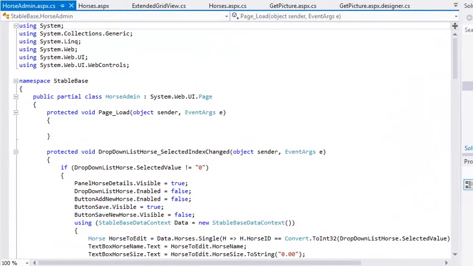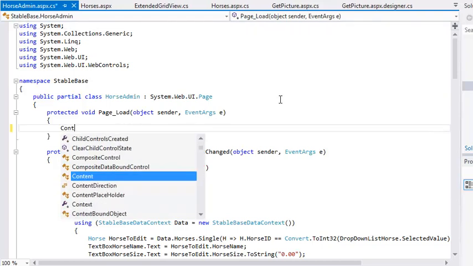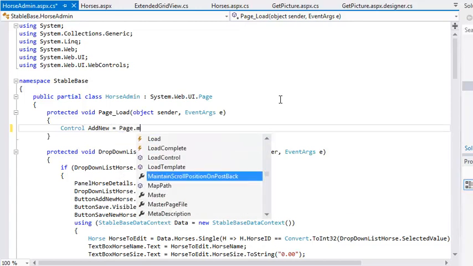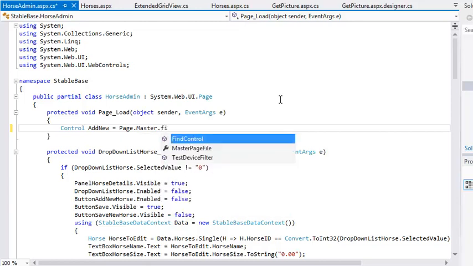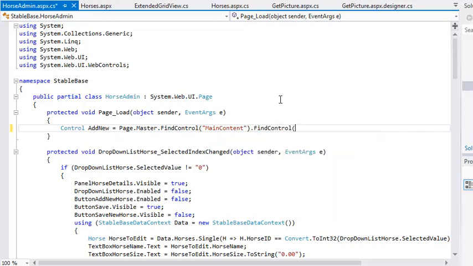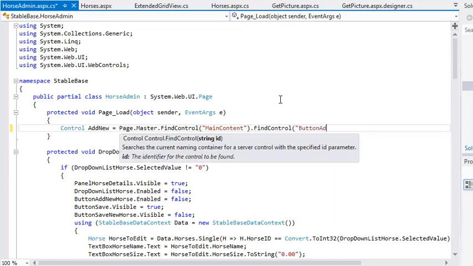Now add the following code to the page load event handler to extract the button add new horse control from the page. Control addNew = Page.Master.FindControl("MainContent").FindControl("ButtonAddNewHorse");